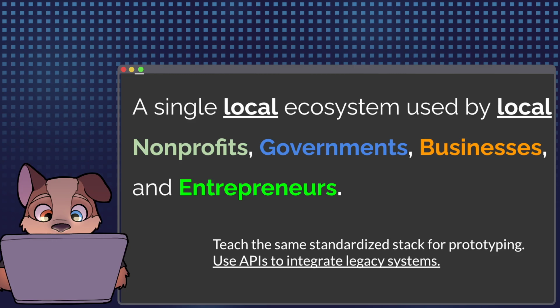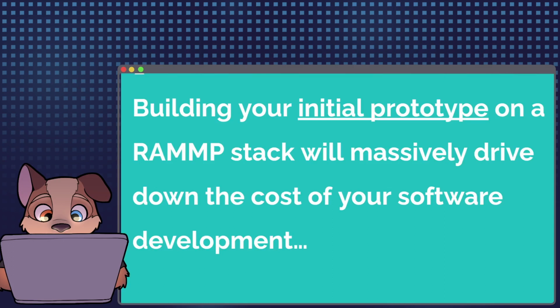And so I think what we should be shooting for, our goal, should be a single local ecosystem that can be used by the local nonprofits, the local governments, the local businesses, and the local entrepreneurs. And that we should start teaching to that standardized stack and use APIs to integrate with any legacy systems that we need to. And again, that's the premise, that just by building out the initial prototype on a RAMP stack, you will massively drive down the cost of software development,